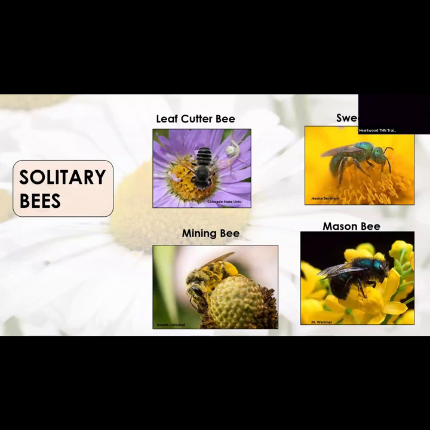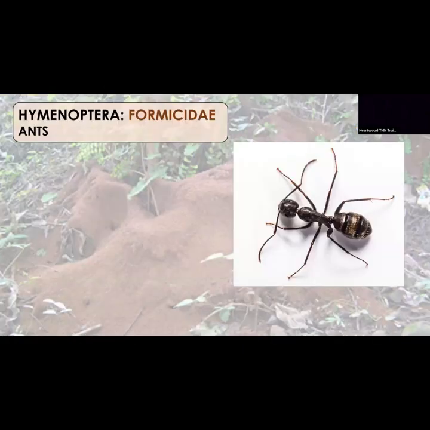Some more solitary bees that you will easily come across, and most of these are not trying to sting you either. They're really just minding their business. Some of them don't have stingers. Your sweat bees are those little metallic bees that you'll see. If it's a bee and it's metallic, more than likely it's a sweat bee. Mason bees are a kind of species in Megachilidae, which means big jaws. And then you've got the mining bees as well.